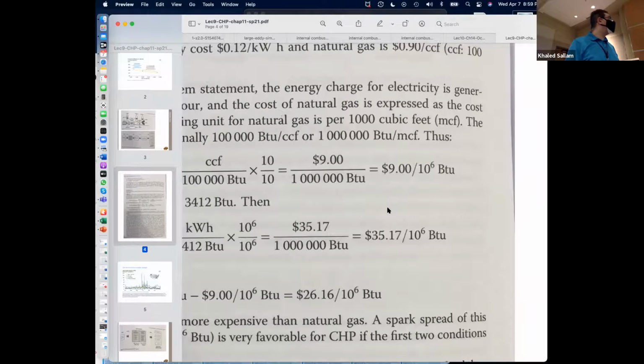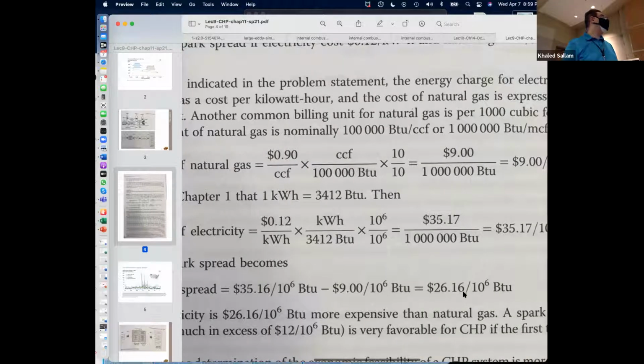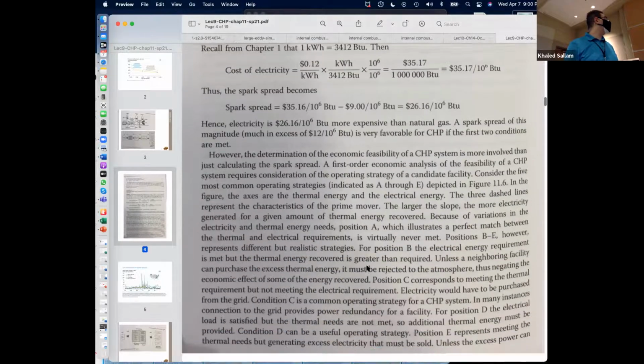Right? So the difference between those two has a weird name, and that name is spark spread. The spark spread is the difference between how much the electricity costs compared to the natural gas on the same unit basis. And so a big spark spread and a need for electricity and heat in your campus, that is what would make you think we should do this. We should generate our own electricity, because electricity is expensive. We can pay off our equipment very quickly. We will be able to generate back our money, and we can use both of them. Okay, and that's what you do for the rest of